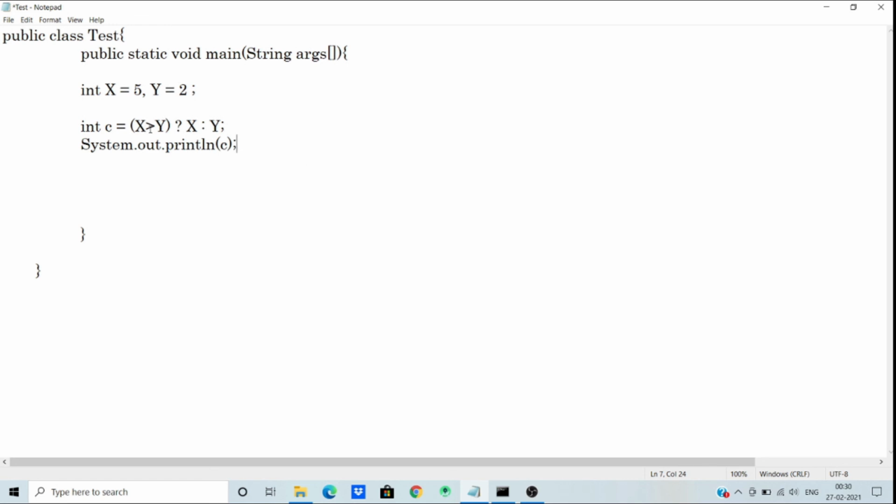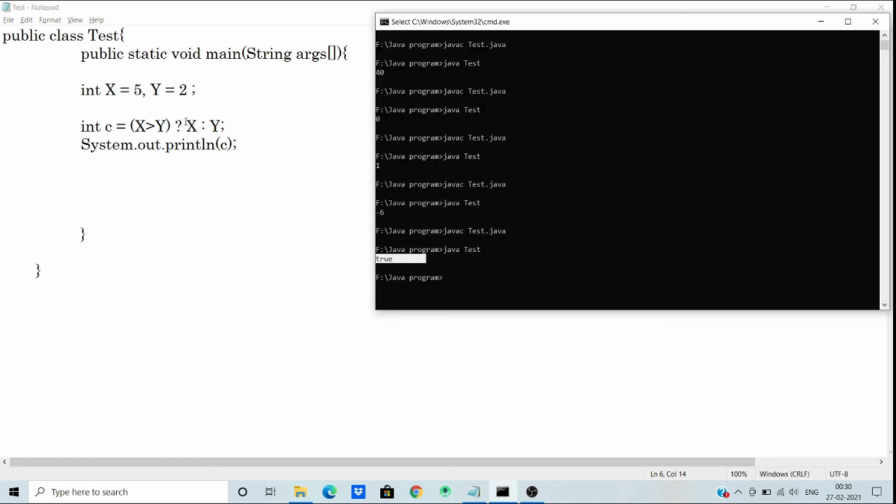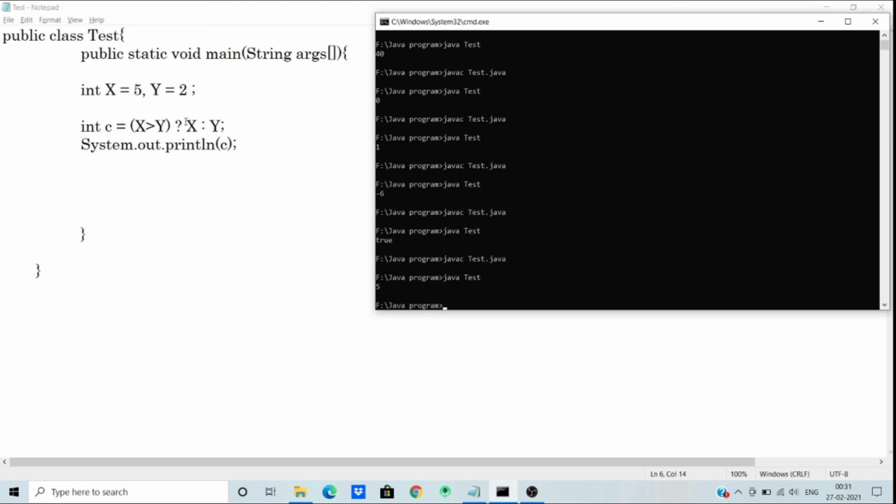So now x is greater than y, this condition is true, so c is x. So the output will be 5. Compile this file and run it. So the output is 5.